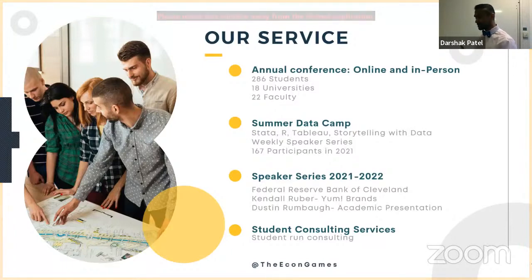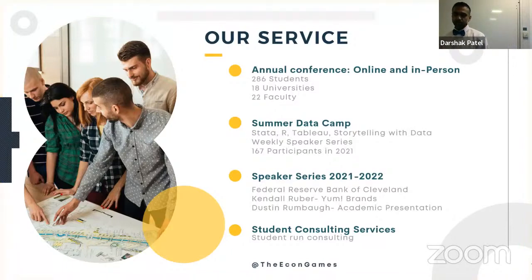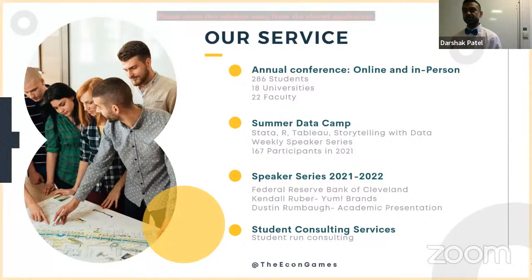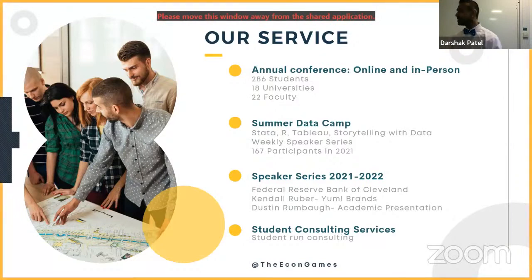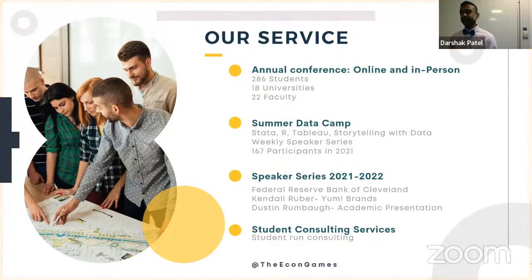So the way it works is, and this was in the beginning, initially we partnered with 8451, which was a marketing research firm for a big grocery store in the United States called Kroger. They basically collected all the data of every customer that walked into the grocery store, what they bought, and so on. So we partnered with them, and the first data partner Econ Games conference was held in person between Northern Kentucky and University of Kentucky, and students were introduced to the data at 8 in the morning. So we had a data drop at 8 in the morning.